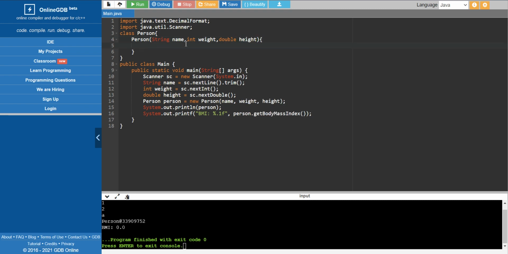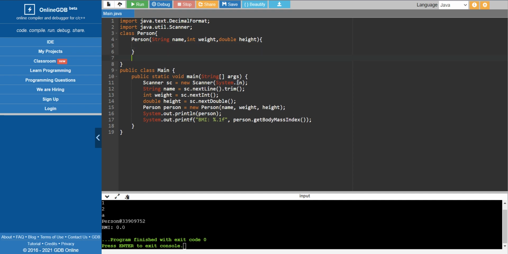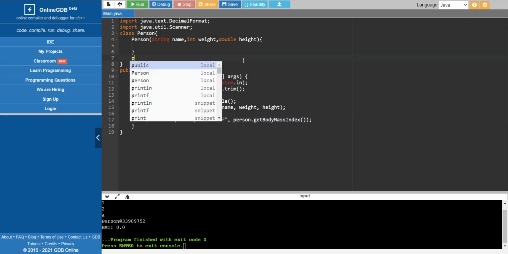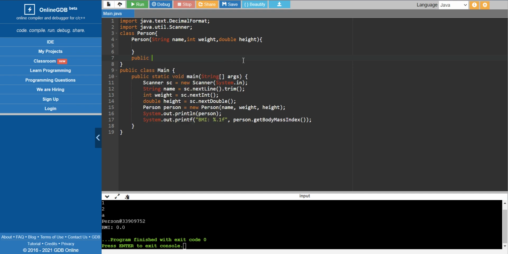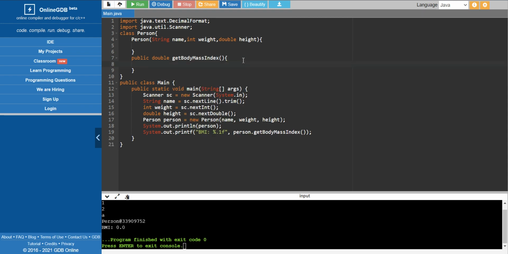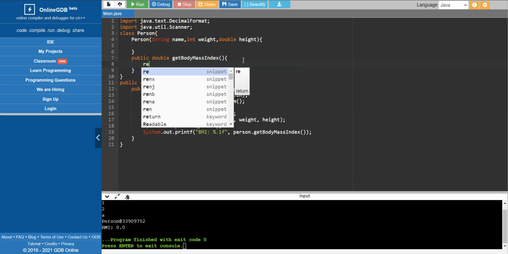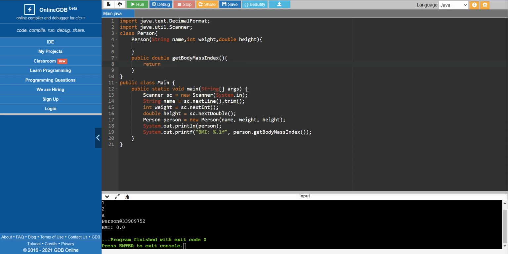In this Person constructor I have to assign the values for the getBodyMassIndex function, because they have called this function with 0 parameters. So here this is the public function with the return data type of double, the function name getBodyMassIndex. This needs to return a value of that formula.